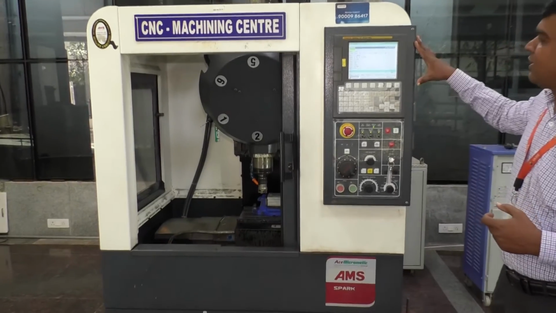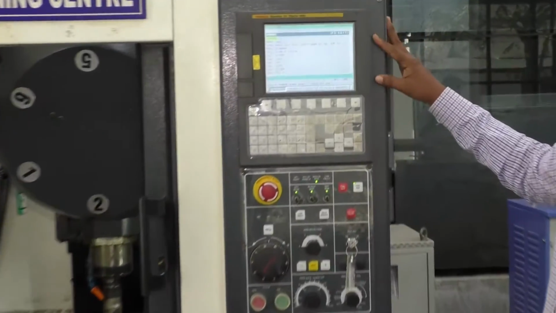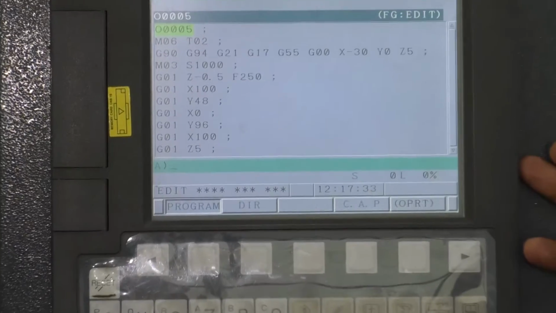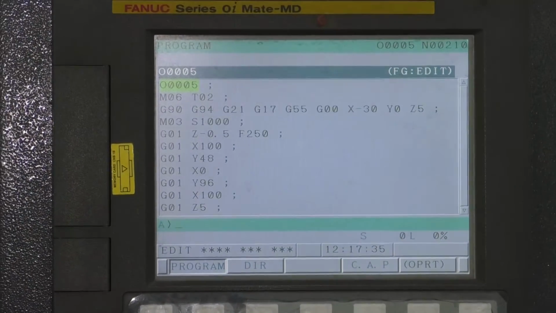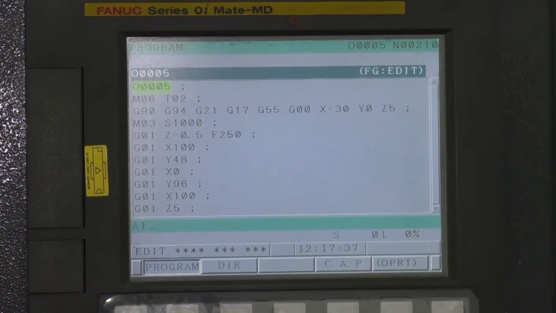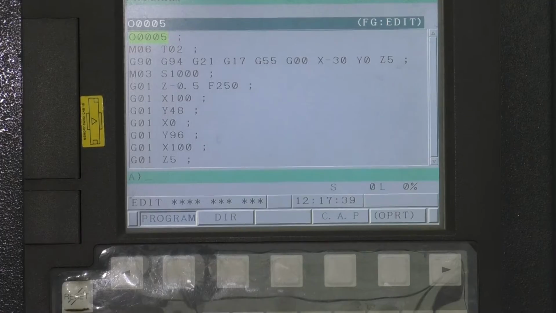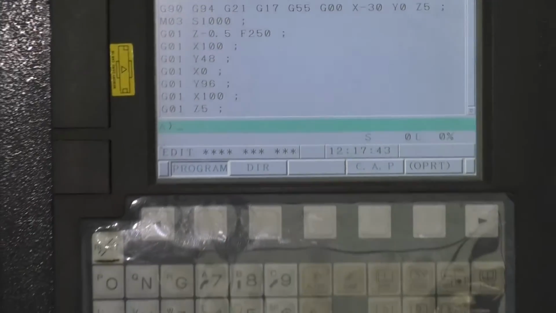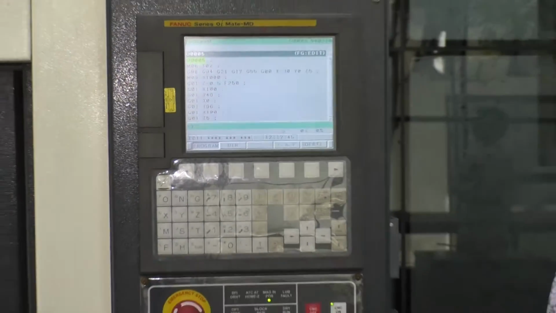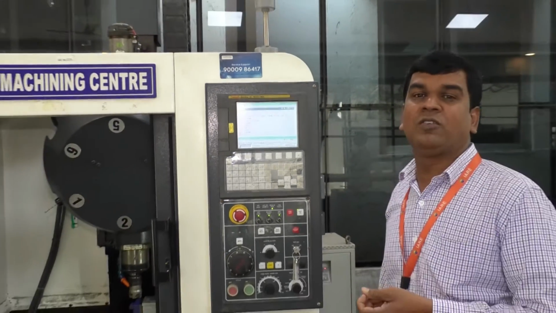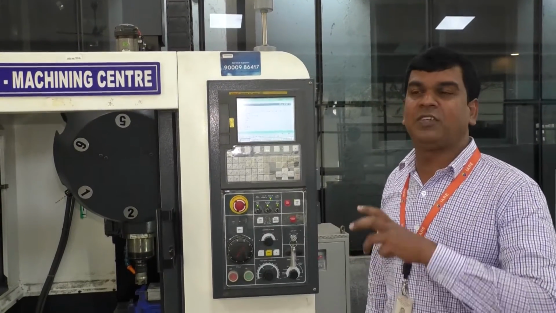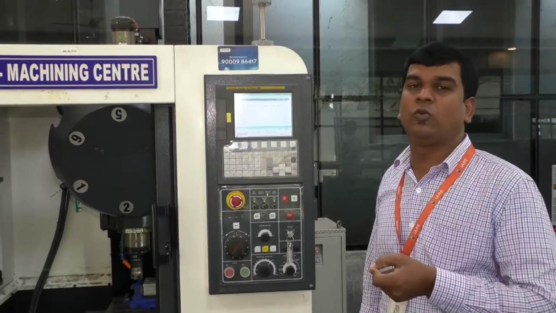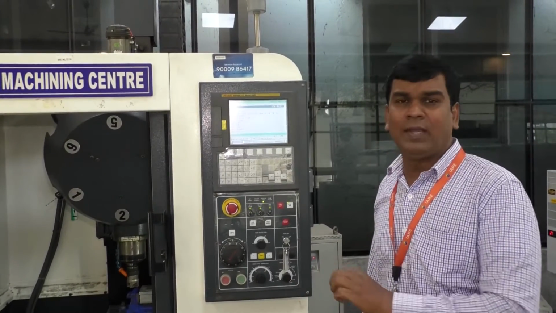This is the control panel. We fix it with a computer. Here we will be inputting a program which consists of G codes and M codes. We have to write the program using the G codes and M codes. G codes are geometrical codes, and M codes are miscellaneous codes which are used for starting the tool, stopping the tool, starting the coolant, stopping the coolant, like that.